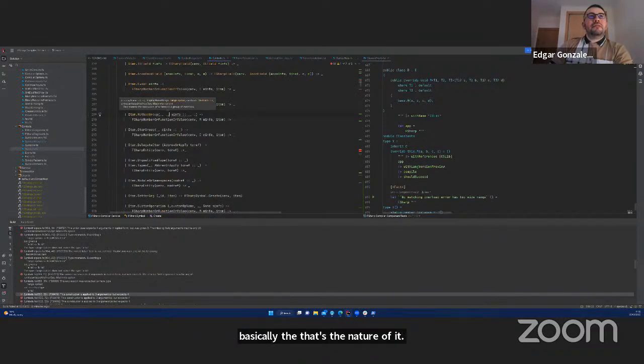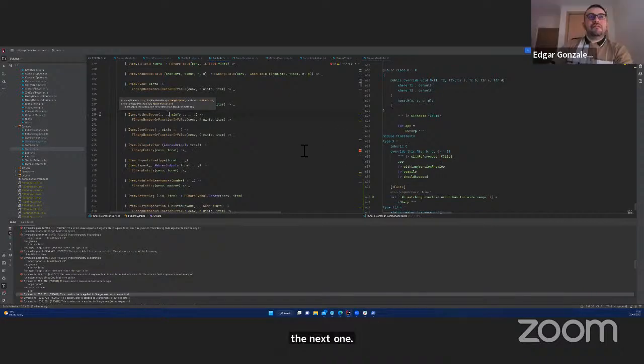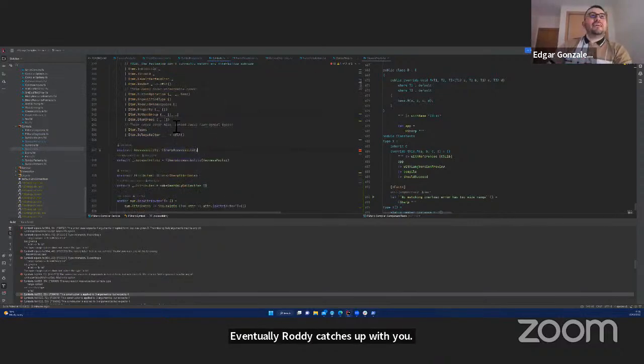Right. Oh wait. It's not right, okay. Yeah, I'll be fine. Just hit F2 and then start solving the next one. Eventually, Rod catches up with you. Yeah. It seems like maybe this file is too big. All right, so